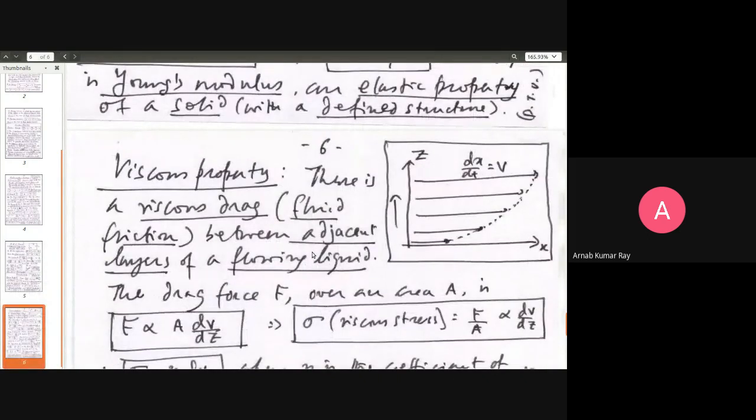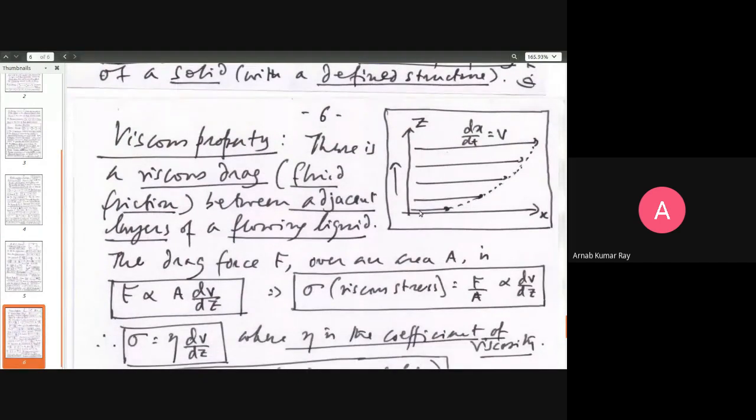Let us see. So first, let us try to understand what is viscosity. Here is a little diagram. Z is the vertical axis, X is the horizontal axis. There's also a Y axis; X cross Y will give you Z. So Y is probably heading into the plane of the paper, but that is not important. You are just observing a phenomenon in which liquid water is flowing.